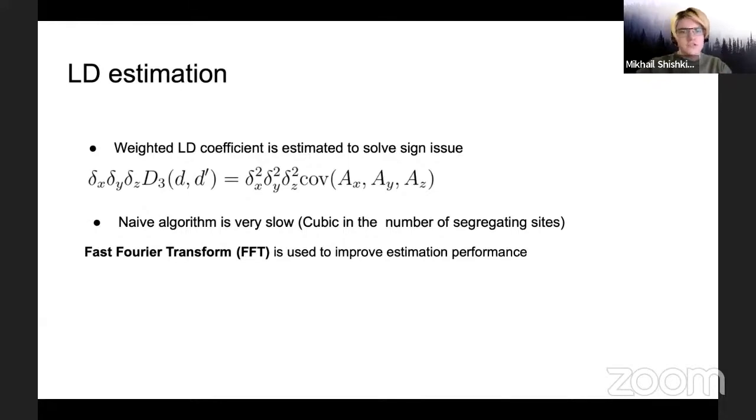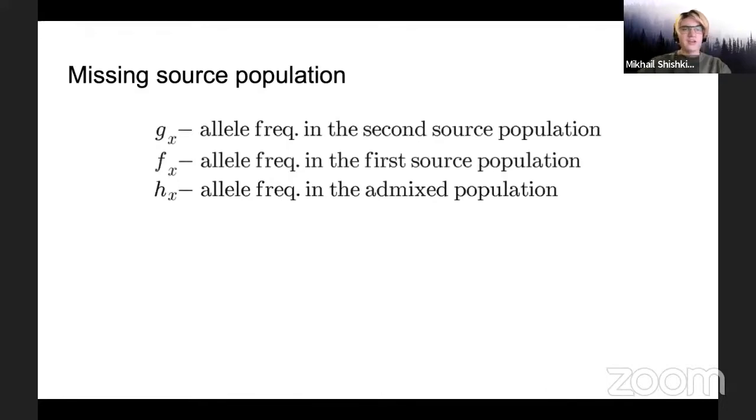The complexity of the algorithm based on fast Fourier transform is linear in the number of segregating sites instead of cubic. There can also be a problem when we have only one source population in our reference panel. We have to estimate allele frequencies for each population, but when we have only one source population, we miss one frequency. For example, we can miss allele frequencies for the second source population or for the first source population. But we still can